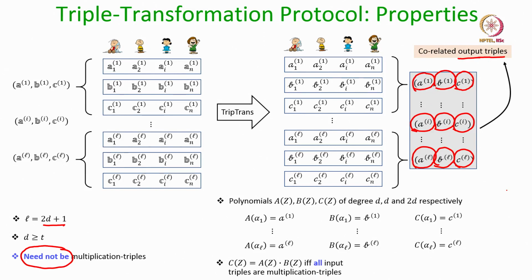The second correlation that we want here is that the C polynomial should be equal to the product of the A and B polynomial if and only if all the input triplets are multiplication triplets. Stated in a different way, what I require here is that if the ith input triplet is a multiplication triplet,